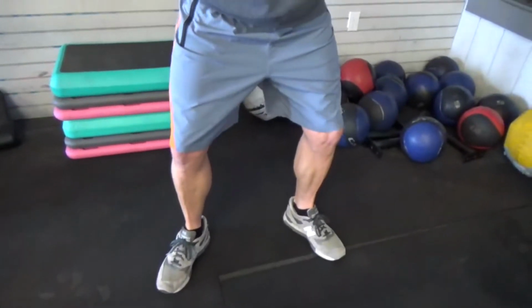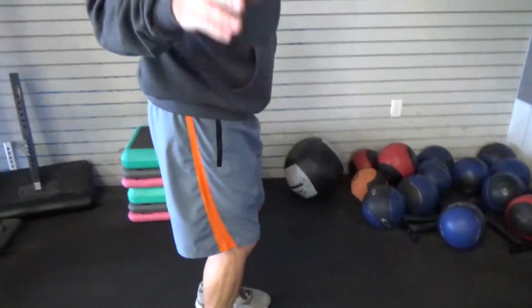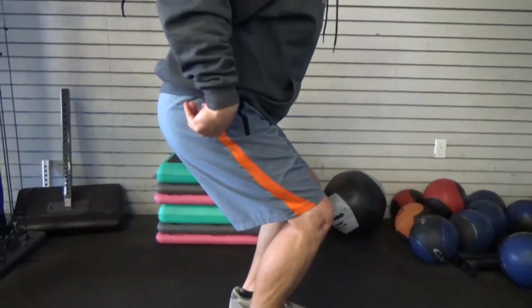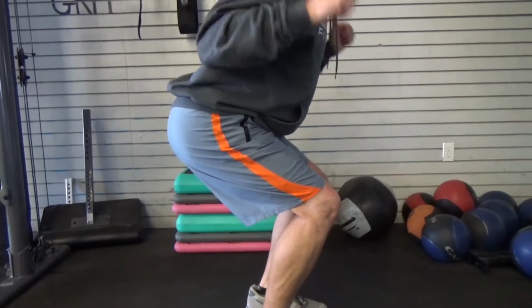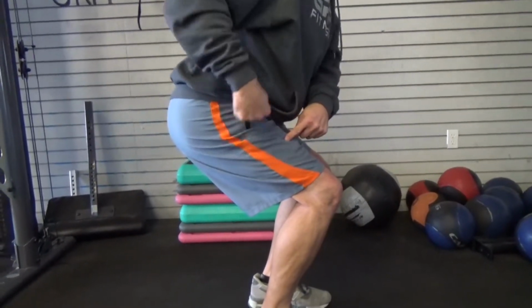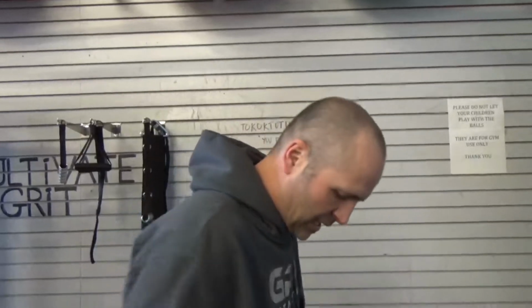Knees out, knees track over the toes. Why? It's simple. You got to get your femurs out of the way. If you're going to go into a deep squat, watch this. If I'm doing that old school squat and I go into a deep squat like this, I can only go down that far before femurs start running into that little point on your hip, ASIS, anterior superior iliac spine, ASIS,